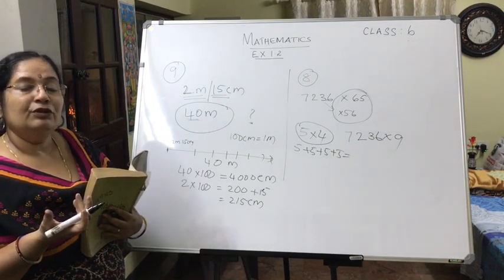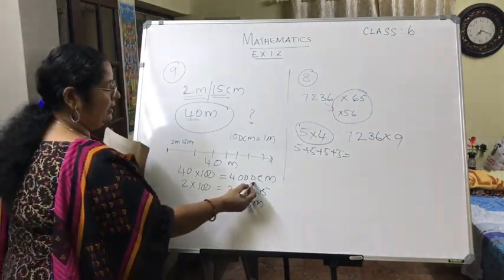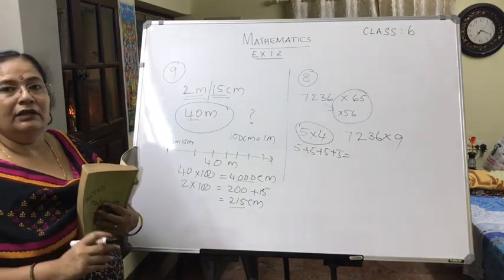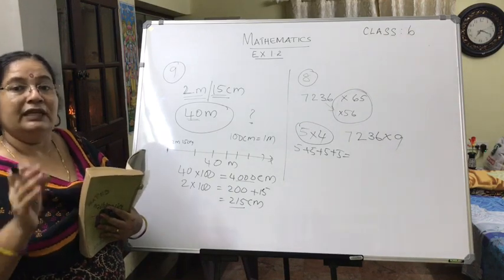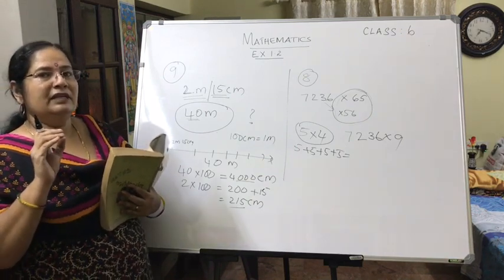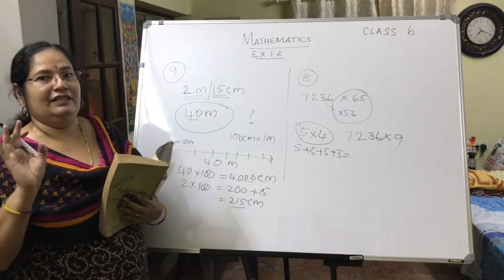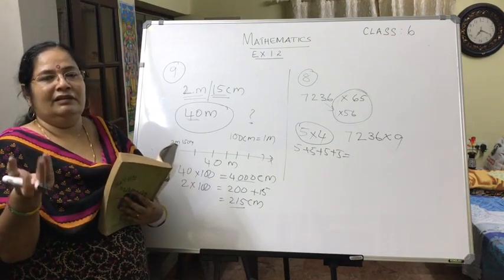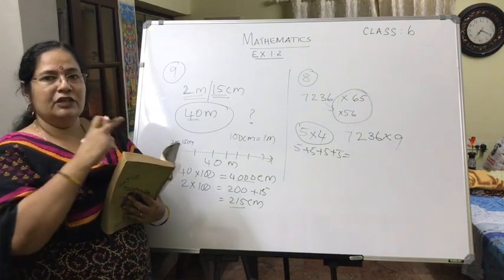What should you do? You should be doing division. What with what? You divide 4000 by 215 and find out how many shirts you will get. That is, the quotient will give you how many shirts. And if there is a remainder, you will do the calculation and find it out. If there is a remainder, what does that indicate? That will be the length of the cloth that is left. After making so many shirts, some cloth may remain. How much is that? From where will you get that? From the remainder. Have you understood this?